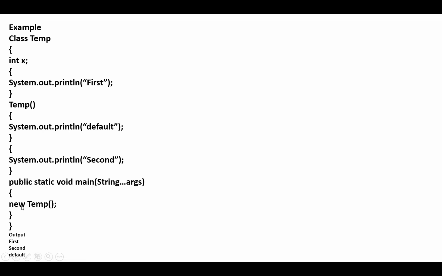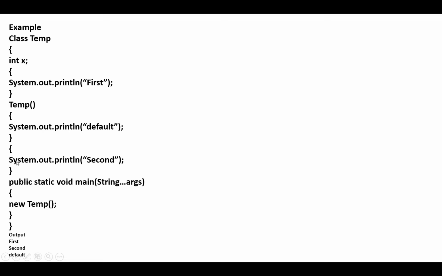in which we create an object of the Temp class. The constructor is called after executing this line. In the constructor, these two initialization blocks will be inserted by the compiler. First, the line System.out.println first comes here.